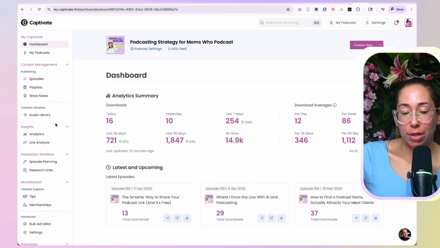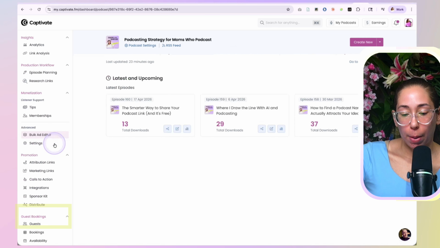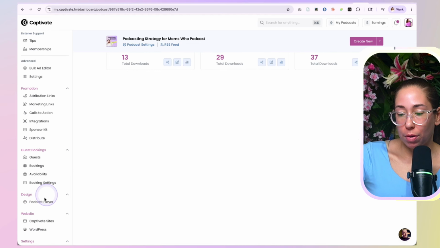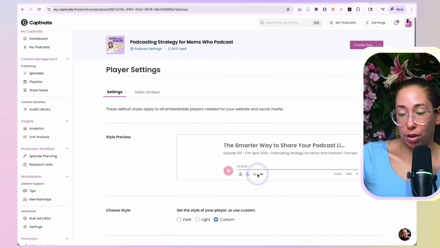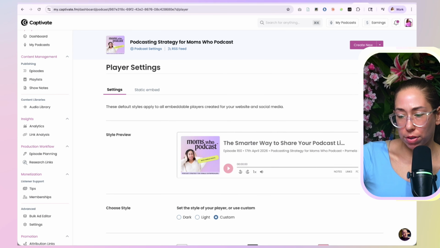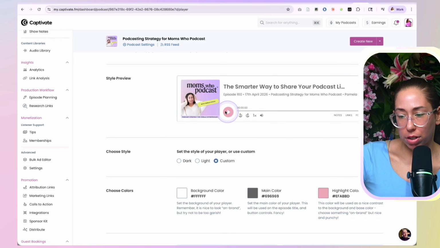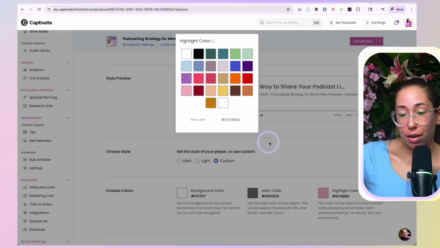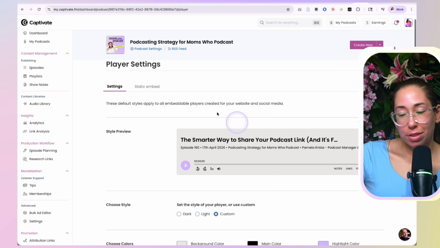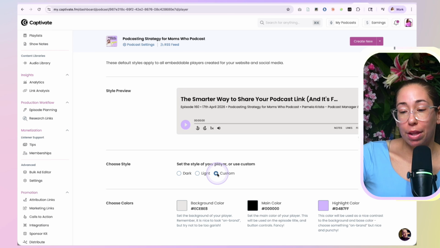But I'm going to come down here and go to Podcast Player. And so this is what my player looks like. I'm not quite sure where this pink came from, so we're going to have to update that. Not sure what happened there because that's not my brand colors, but there we go. I was going to say that was weird. Did you see that? Because that was weird. That was a little weird. But anyway,